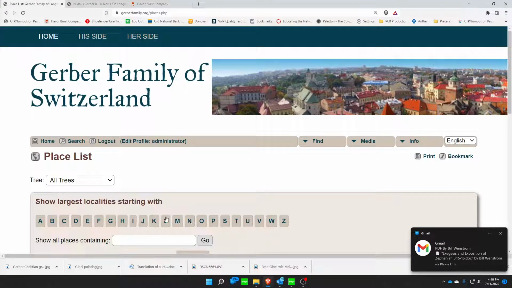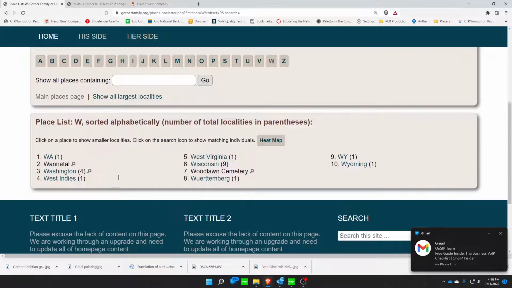And I don't know, let's try something under W. Vanental. Vanental is actually, I wish I did, I need to probably update that, but it's actually a house in Switzerland. But if I wanted to do Wisconsin,